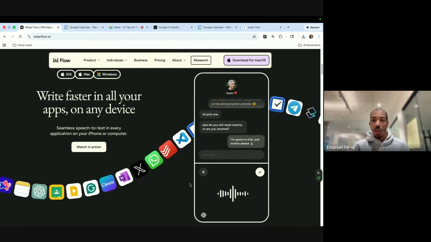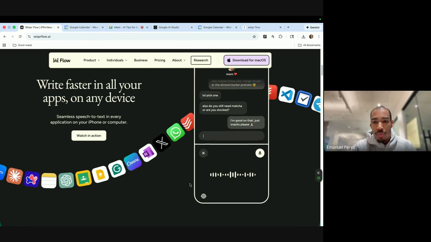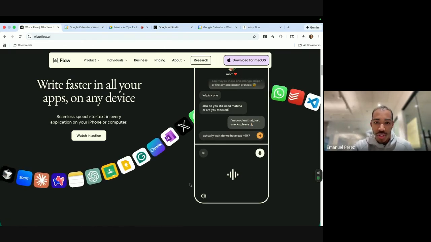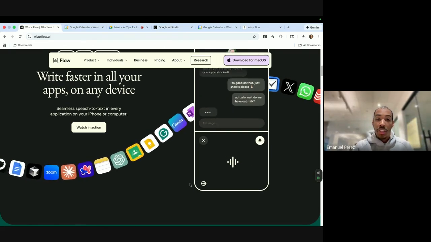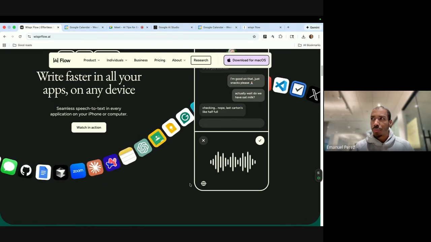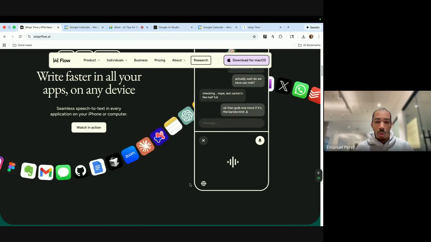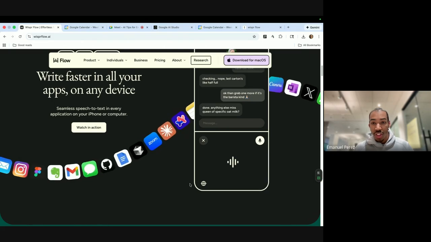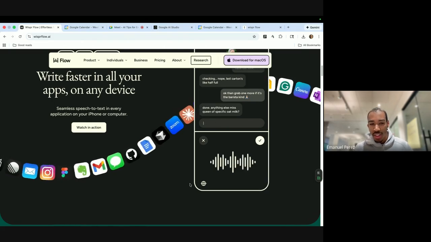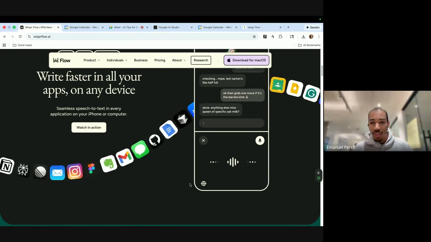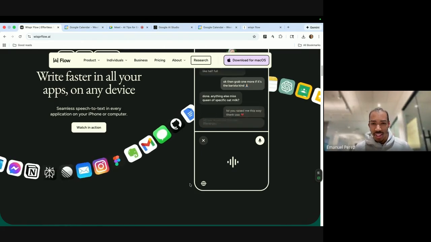So there's a lot of good things, right? That saves you time. It saves you energy because you're just using your voice, and it's very accurate. For a lot of the smart assistants out there, like Google Home, Siri or Amazon Alexa, sometimes the speech to text can be off.